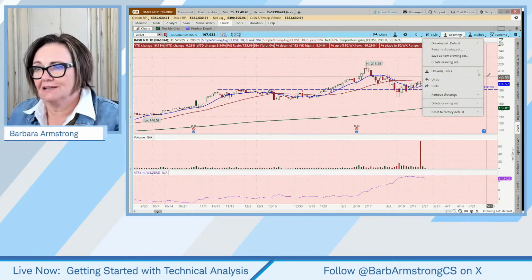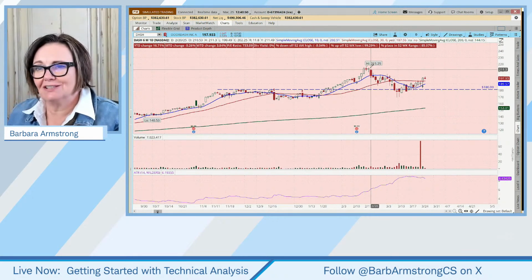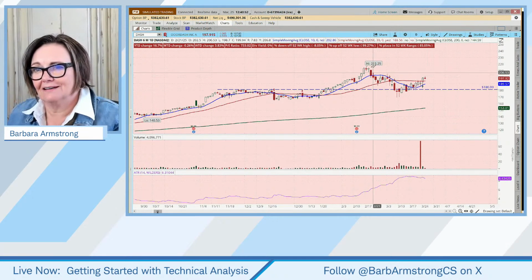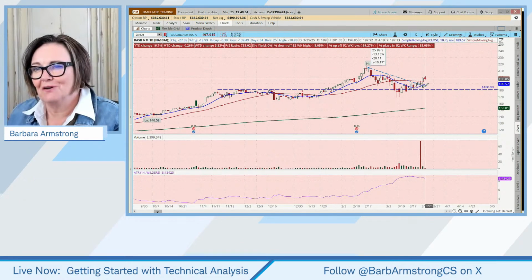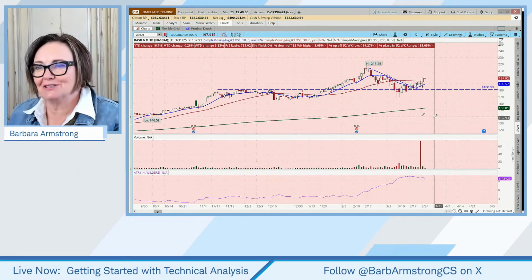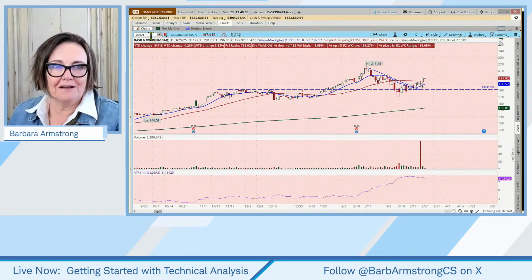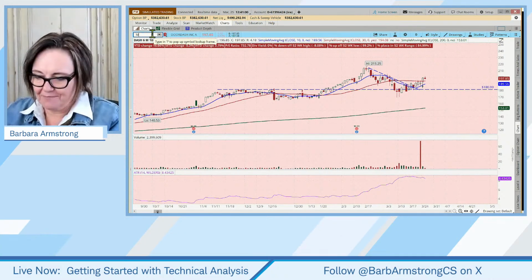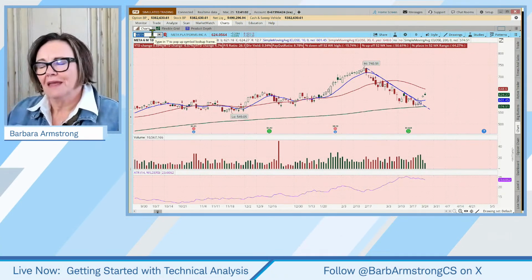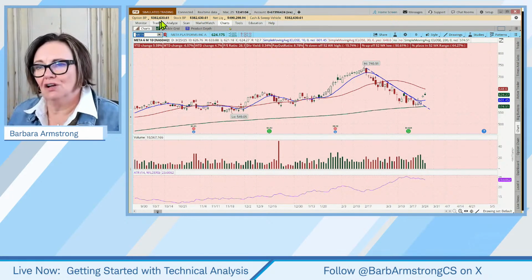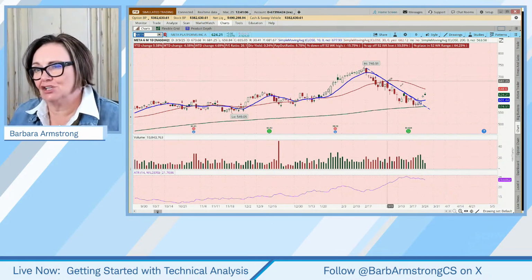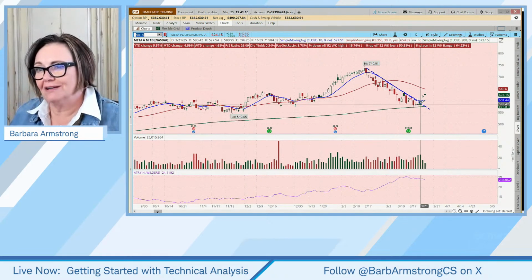Let me change this again. And I know we started a little late, so we don't have quite as much time together today. But let's look at Meta. And so here is one that we could put in a dictionary beside diagonal resistance breakout. It kind of was teasing us on the 21st, gapped up yesterday, and then gapped up again today.